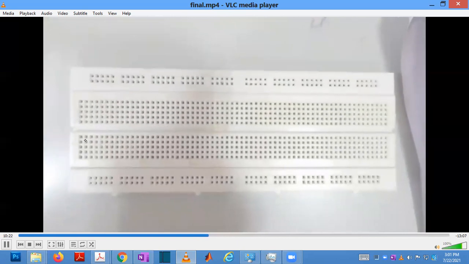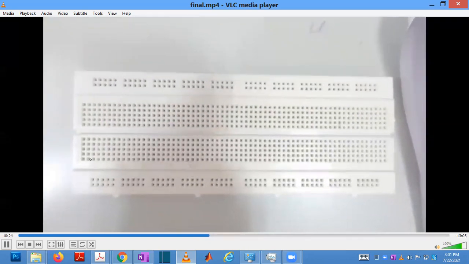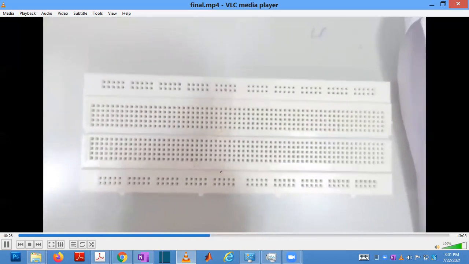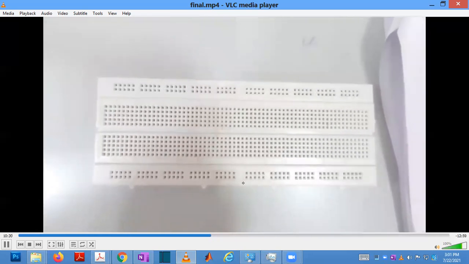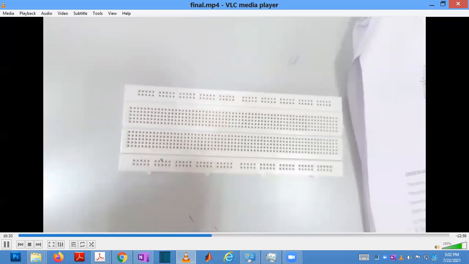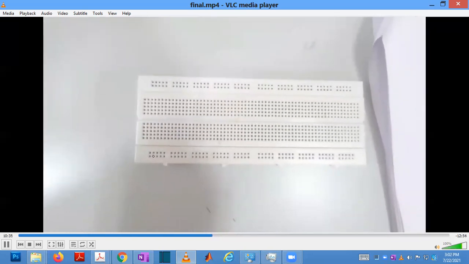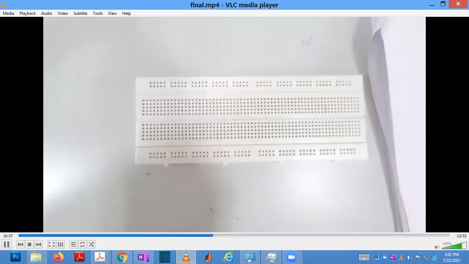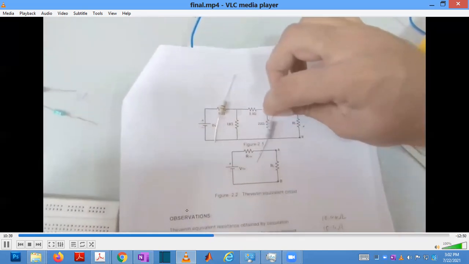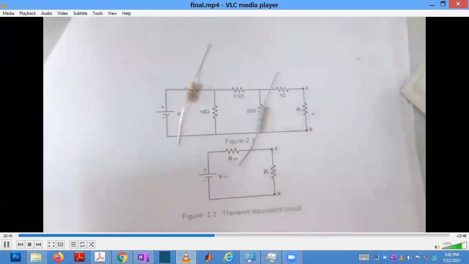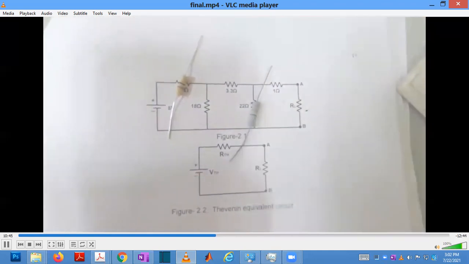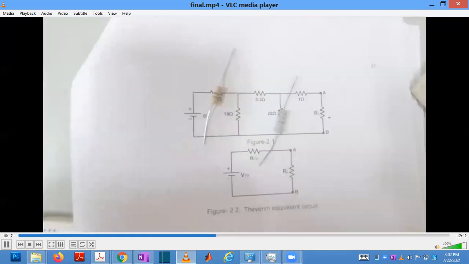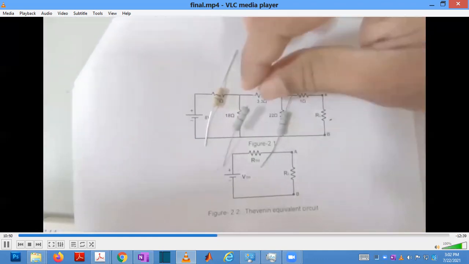These points are the same, this point up to here it is the same. From here to here it is the same. This is a gap. From here to here is only one terminal, this is one line and this is another line. Now I am segregating the resistors 47 ohm, 22 ohm, 3.3, 18, 1 ohm, like that, and from there I can connect them easily.